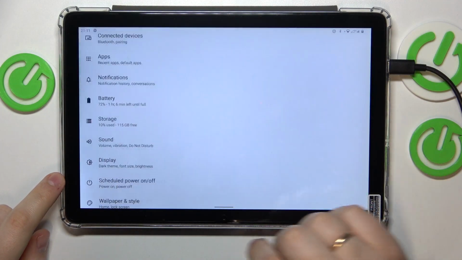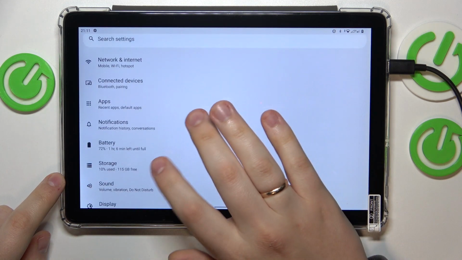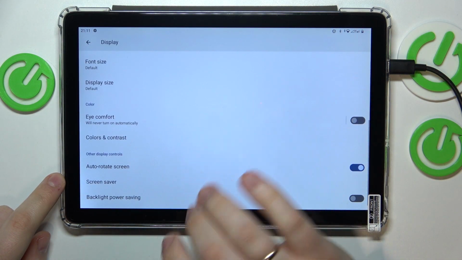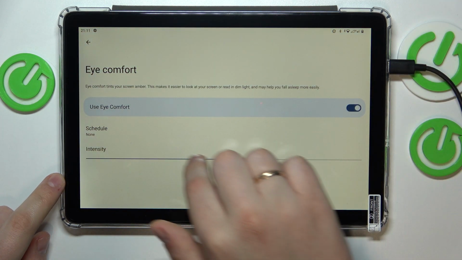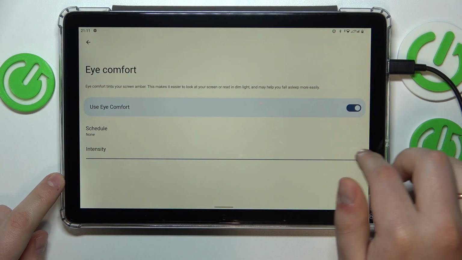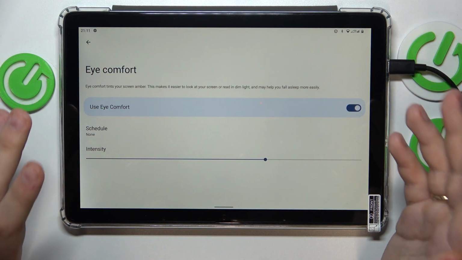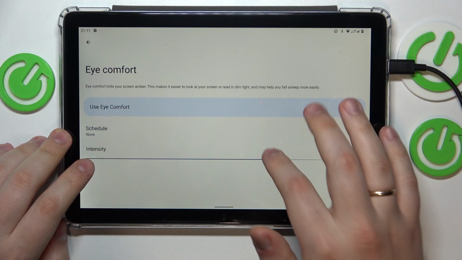So to start, I will demonstrate that you can enable and use the night light feature. Launch settings, then open the display category, and in here just go for the eye comfort mode. Turn on the switch, and as you can see, once enabled, it warms up the interface colors. It achieves this by tinting the screen amber, which basically filters out the excess amounts of blue light,